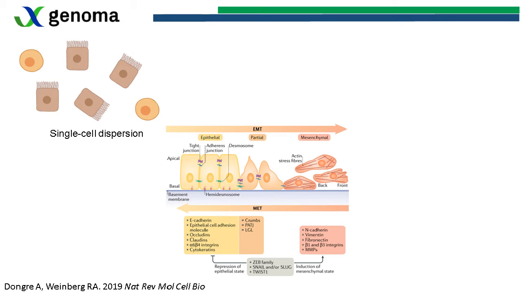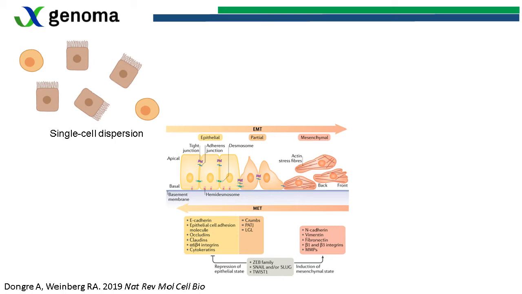Basically, the cells lose the epithelial phenotype and go towards a more mesenchymal phenotype, where the cells can move throughout the environment. And once they do that, usually they lose the original phenotype. This is very critical from the liver perspective, because if you lose the hepatocyte phenotype, there is no liver